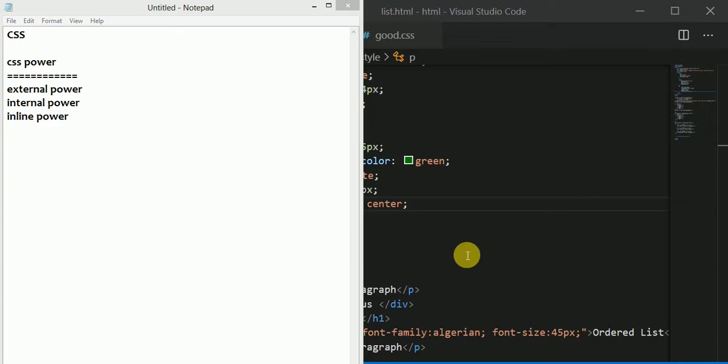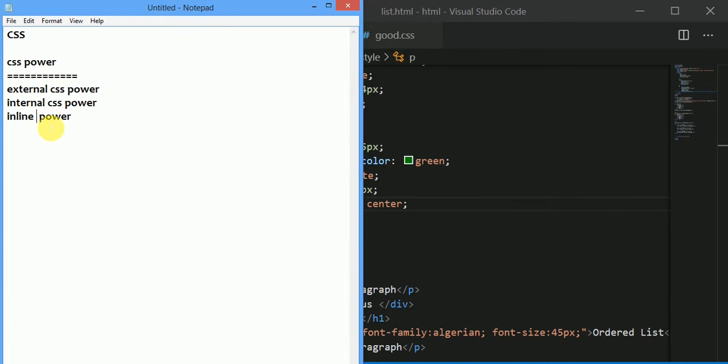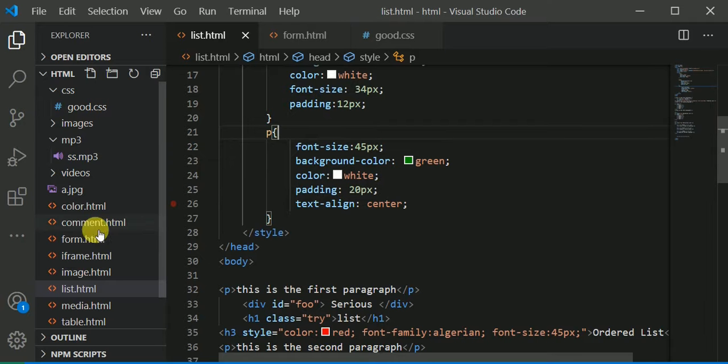Hello guys, in this video tutorial we are going to discuss the CSS power. The power of external CSS, the power of internal CSS, and the power of inline CSS. To explain this with an example, I would like to create a